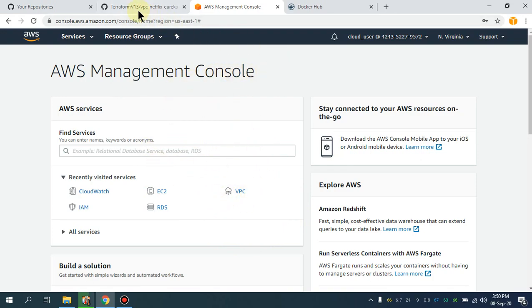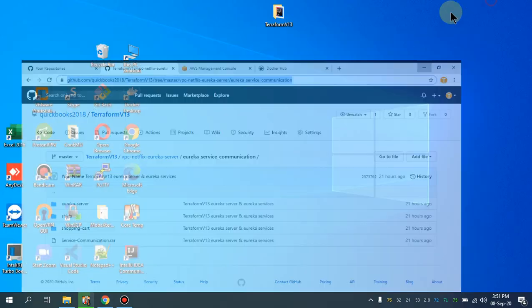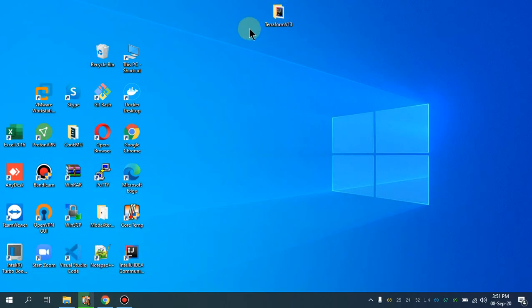For that, I've already set up my Terraform version 13, which is the latest Terraform version available for you guys. So you have to simply navigate to my repository, which is publicly available, and download this code. I've done everything, set up the bash script, and everything is ready for you guys. So simply clone this directory, and I've already cloned this and put it on my desktop.